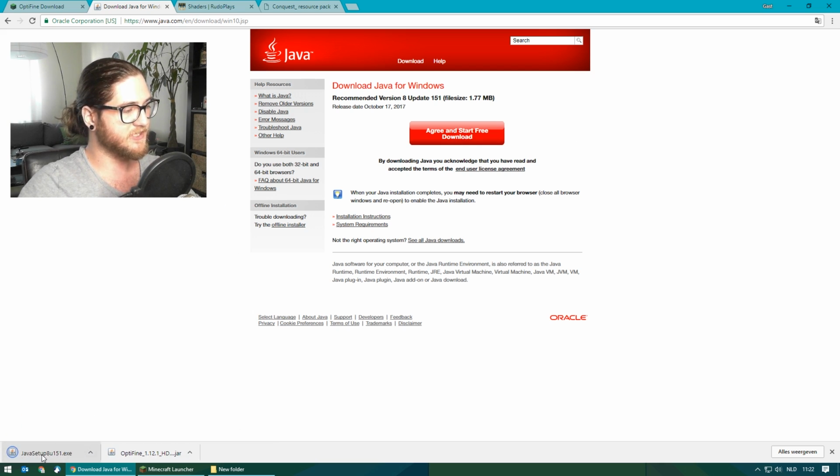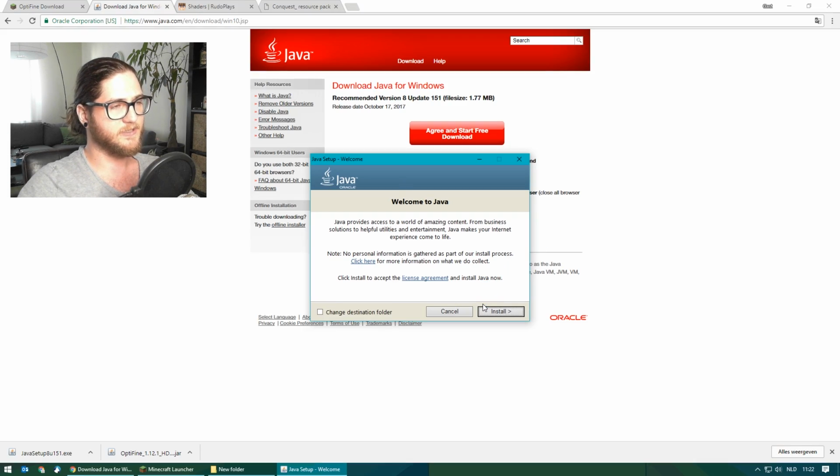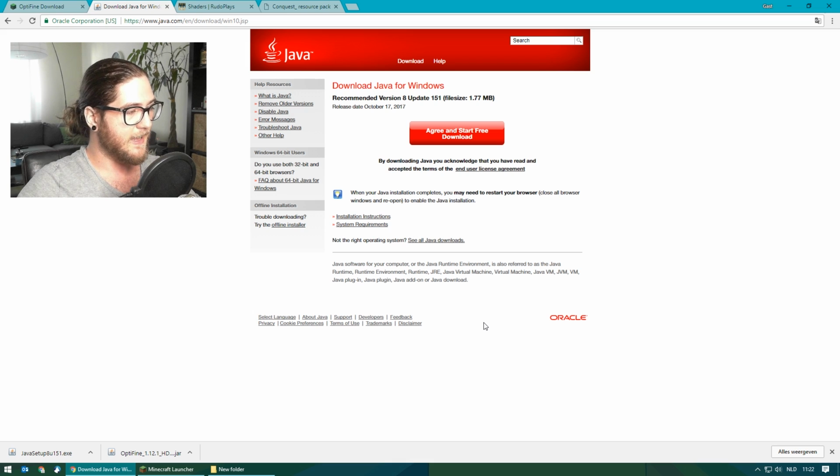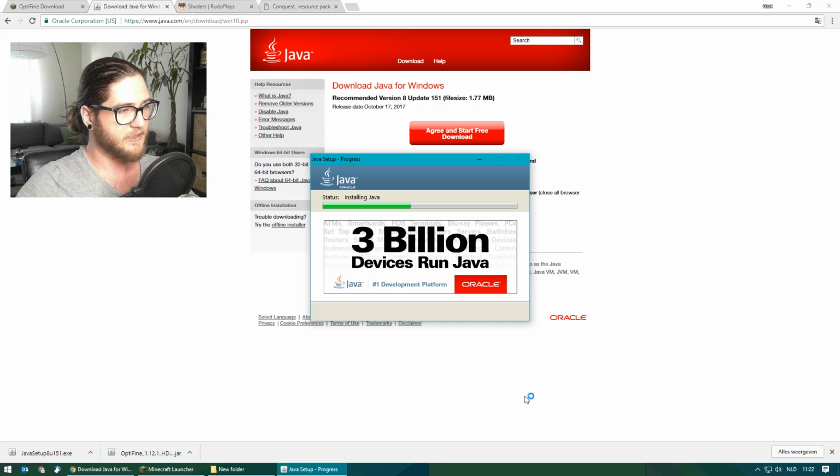It's downloading the Java setup 8U151. When that's done, just open it, say okay, you can install this. I just got a Windows notification saying, hey, are you sure you want to open this file? Now, just say install, and it should go and install it. I'm not sure if that'll work on my PC, seeing as I already have it installed, but I might not have the newest version. Here we go.